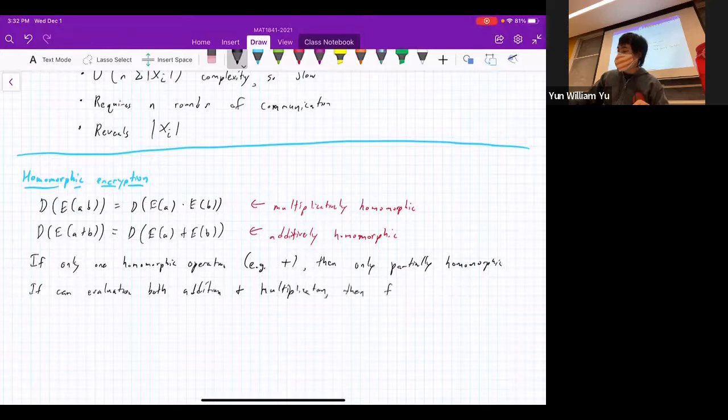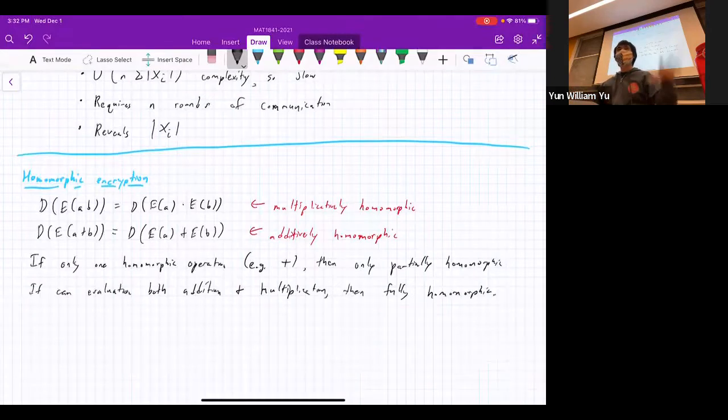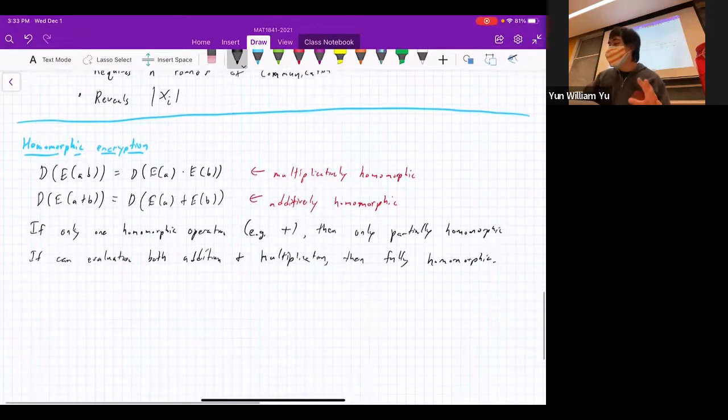Then it's fully homomorphic. Now, it turns out that we do have fully homomorphic cryptosystems, so in theory, you can evaluate any function you want in ciphertext. Unfortunately, it can be rather slow, because although in theory you can evaluate it, sometimes the circuits are really long and super time consuming. So you still have to do some work to reduce the amount of computation you need for this. But let's first see how we can use